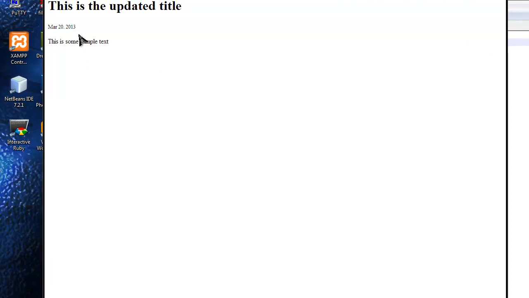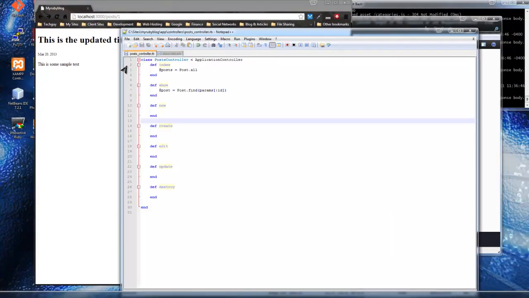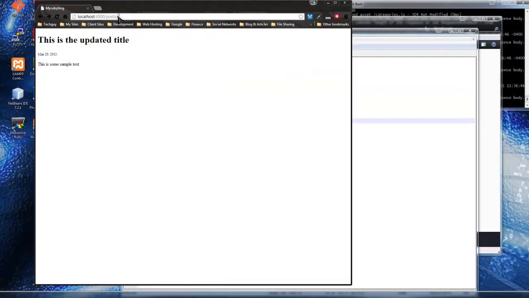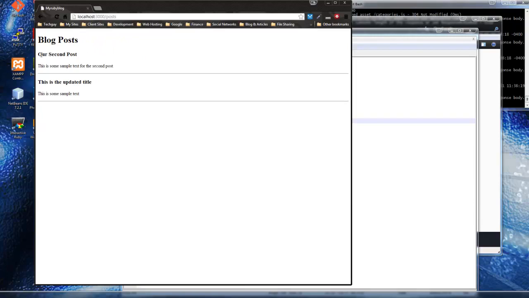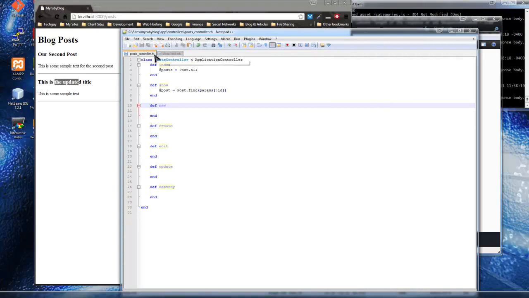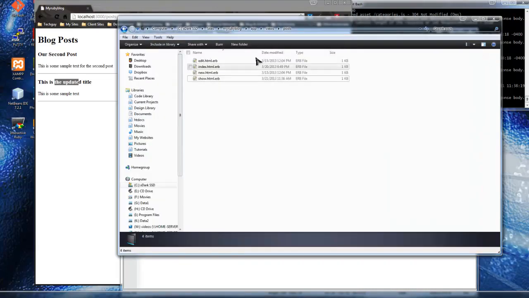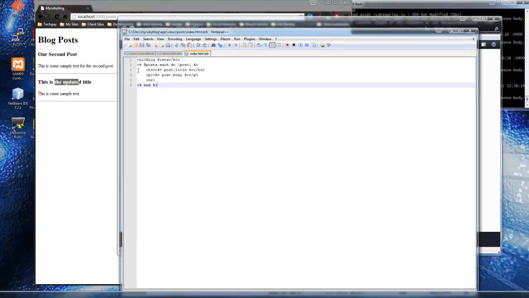So that's the show method. Well, it's the show action, I should say, and the find method. So now what we want to do is have the titles linkable or clickable. So we want this to take us to the second post and this to the first. And the way we do that, we need to go back into our index. If we go to views, posts, and index, what we want to do is make this a link. And Rails has a shortcut or a helper, whatever you want to call it, that helps us build links, so